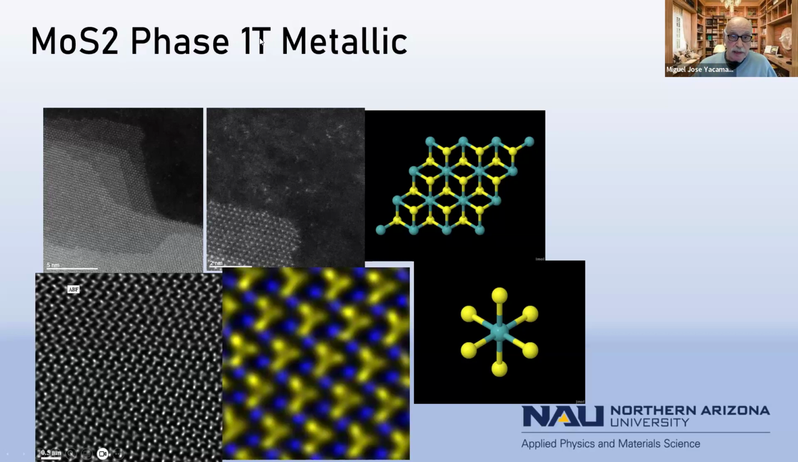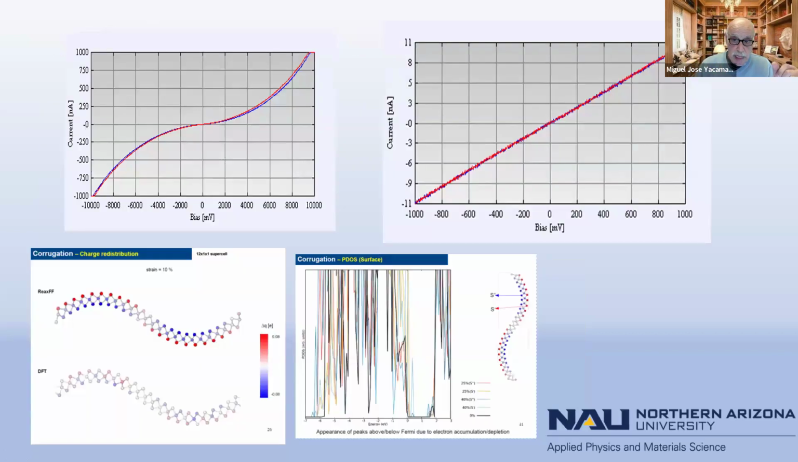For instance, the phase called 1T, which is made only of 2 monolayers, is a metal. If you add another monolayer, it becomes a semiconductor, okay? And in fact, one of the things we have discovered in the group is by measuring the electric conductivity of a molybdenum disulfide wire,